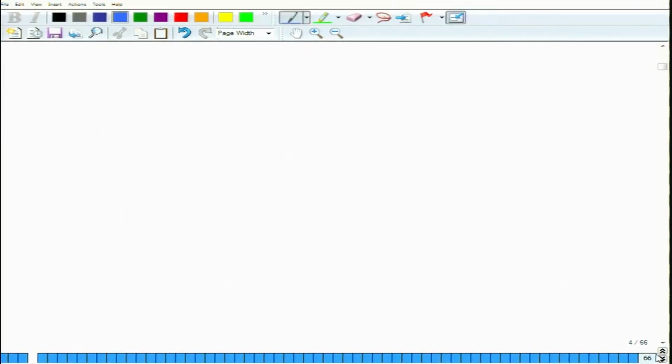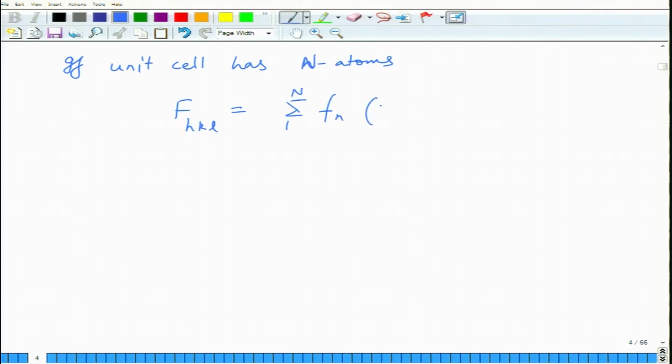So, if the unit cell has n atoms, then I can define a term capital F_HKL, which is the sum over 1 to n of f_n into exponential of 2 pi i (h u_n plus k v_n plus l w_n). And interestingly, for a given crystal, we do not have to go for too many UVWs because the crystal is